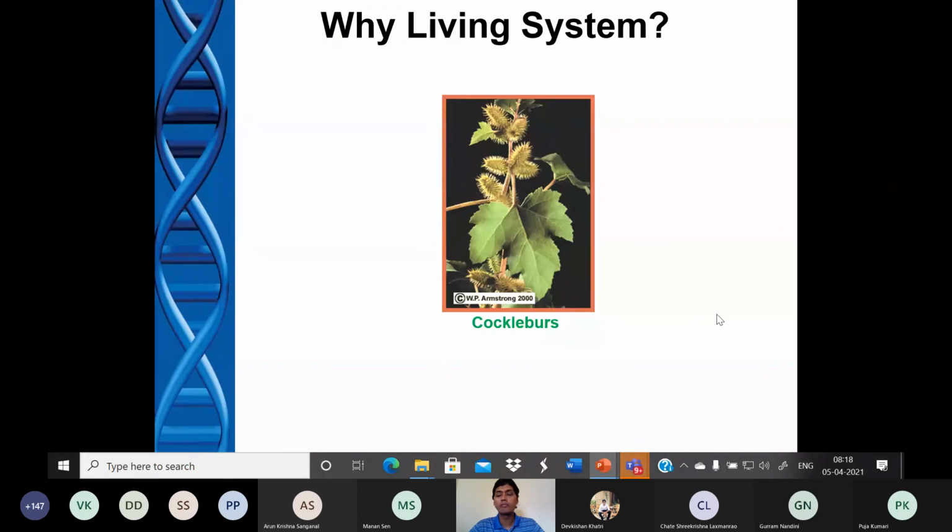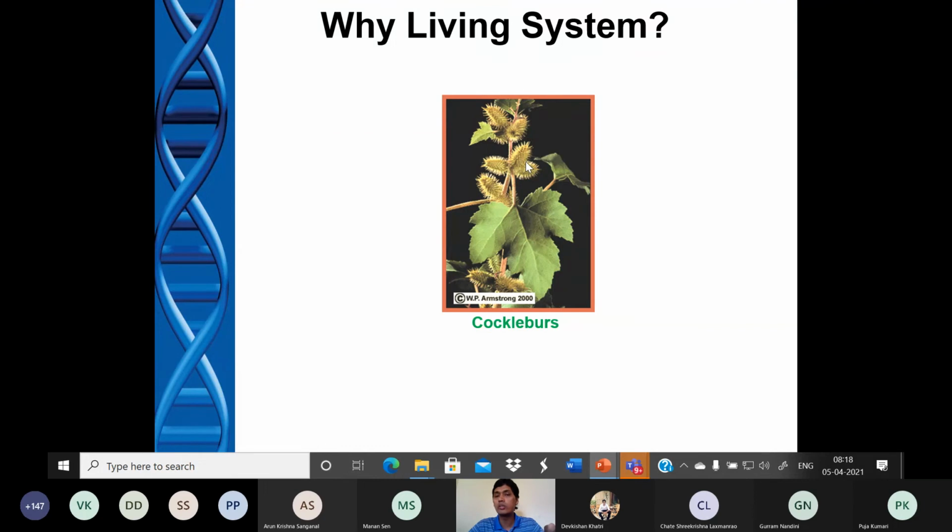So here, I will give you some examples of very important discoveries, or I would say very commercially successful discoveries, that are based on some living system, where scientists got inspiration from living systems. So here you can see this plant. This is some kind of cocklebur. Many of you have seen this plant. You can see those fruits, and if those fruits are dried and stick to your hair and trousers, it is very difficult to take them away.